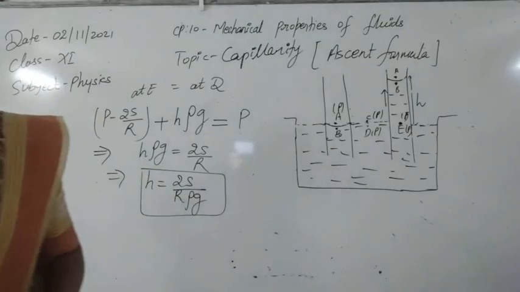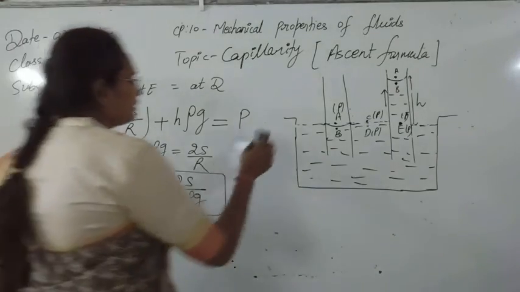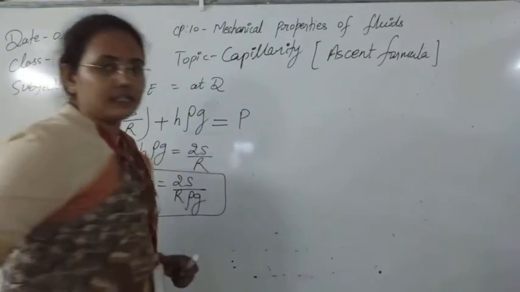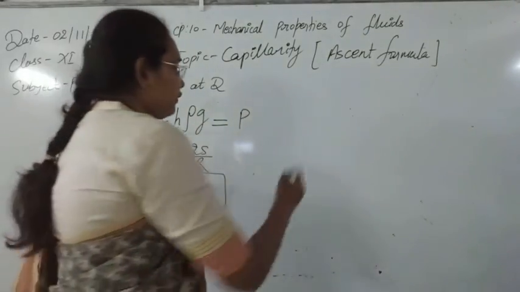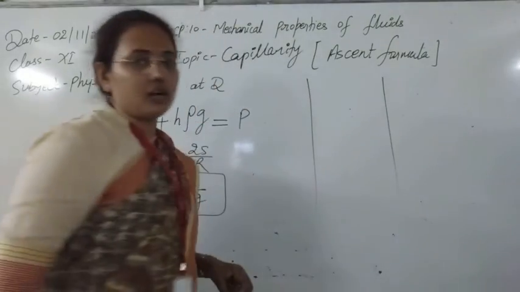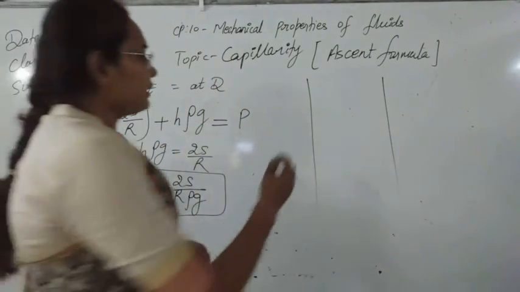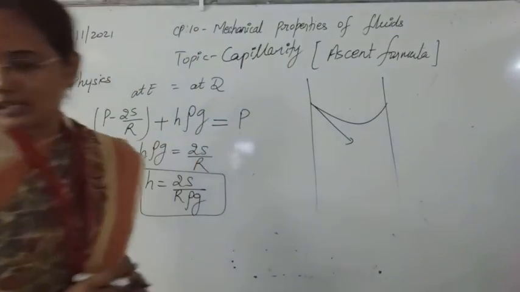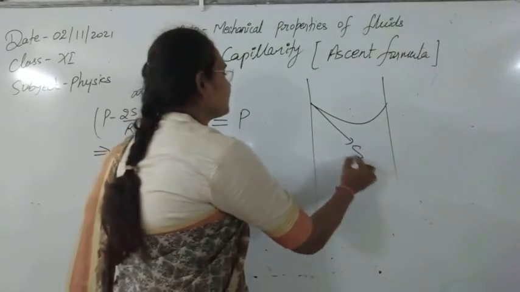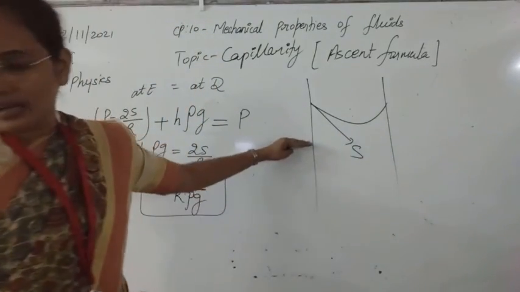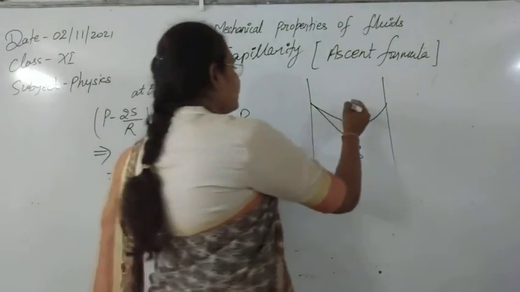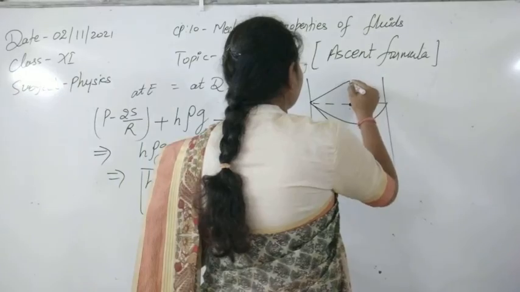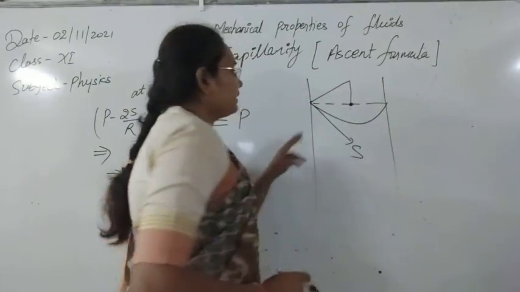One more thing here is the calculation of this R. How can you calculate the radius of curvature of this meniscus? Let's see that. Suppose this is your capillary tube, and in this capillary tube, this is the liquid meniscus that you have got. In this liquid meniscus, obviously the surface tension acts along the tangent, and obviously the meniscus will have a center, and its radius can be found out by one rule now.